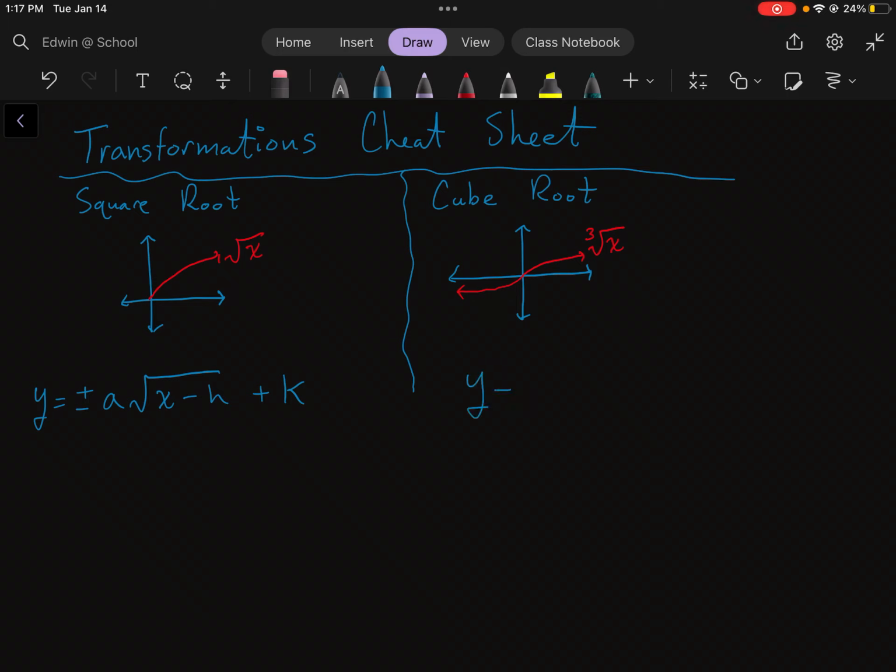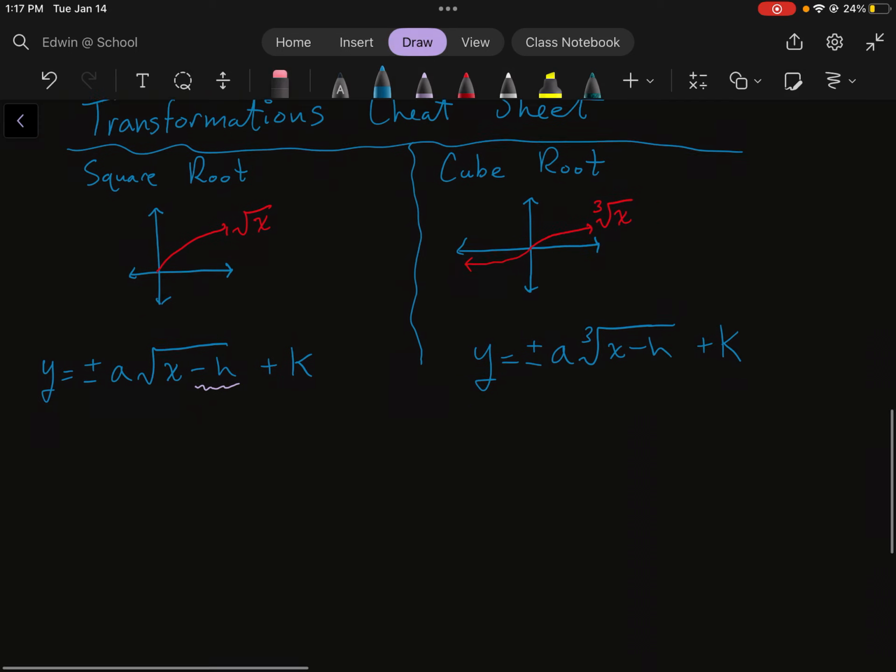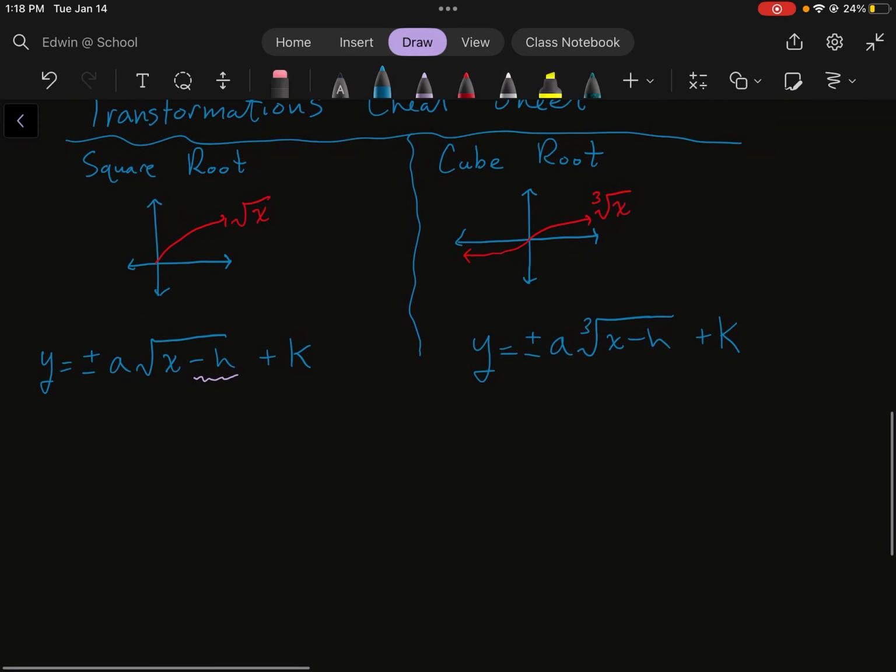So for the cube root, it's going to look very, very similar. The only difference is we need to incorporate that little 3 at the top. So if we don't do that 3, then it's not a cube root equation. So it's x minus h, and then we got plus k. So with these equations, we're just going to break down each little variable inside to see what happens. And the first thing we're going to start with is this h inside. So that h